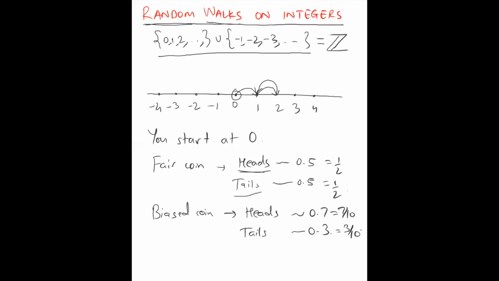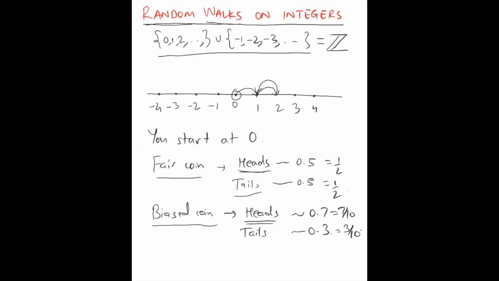So for example, in the long run, say you have a fair coin. Are you going to keep coming back to 0? That is one question. Or are you sure to come back to 0 if you play with a fair coin? Or another question would be, if you play with a biased coin, are you more likely to go to the right? So your heads is more likely in the biased coin that we have taken.